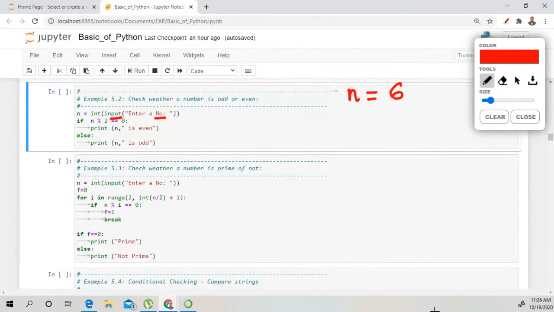Okay, n is a variable. So it holds the value 6. Now what will happen in this statement? n percentage 2. As I have earlier told you, this percentage sign is used to calculate the remainder. Okay, so if 6 is divided by 2, so how can you calculate?